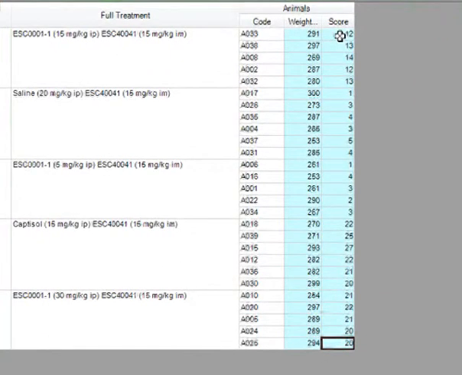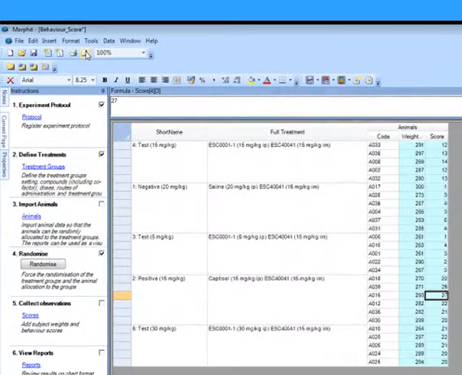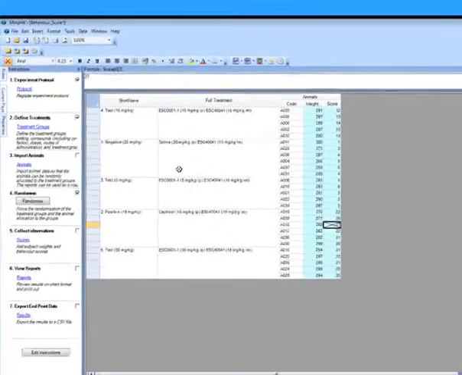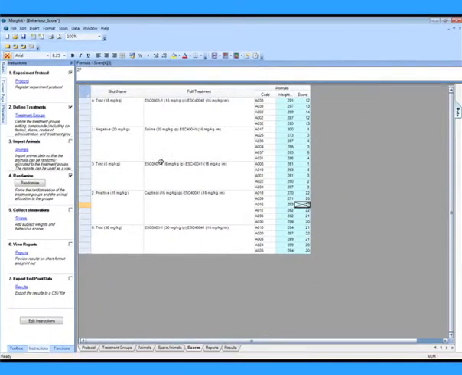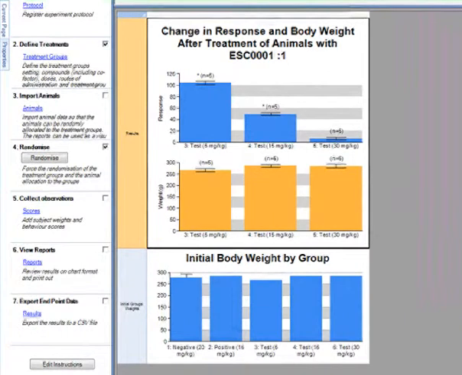Now it may be that we see an outlier in this data, and one thing we can do is simply knock that data point out. So it doesn't delete the data, it just marks it out from the analysis. So with the data entered, the data is processed as it's entered, and we can see the results in the reports table. So here we can see a very strong response